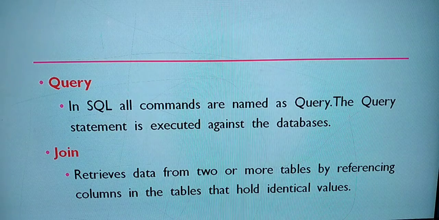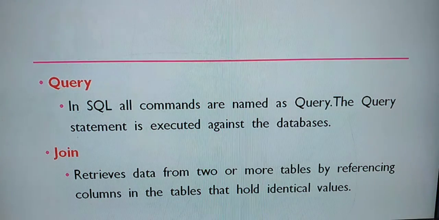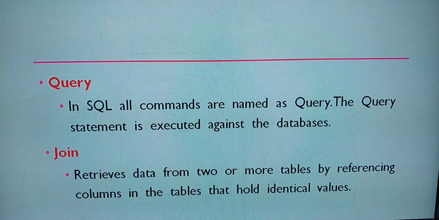ஏதாவது ஒரு field என்ன பண்ணியா இருக்கணும், கண்டிப்பா ஒன்று போல இருக்கணும்ல. In that situation only you people can have the join. You people can use this join command. Okay, so what it is going to do? It is going to retrieve data from two or more tables by referencing columns in the table that hold identical value. It is going to refer two or more tables that hold identical value. எல்லாரும் வேல்யூ ஒன்று போல இருந்தால் தான் நீ என்ன பண்ணிக்கலாம், அதிலிருந்து இன்ஃபர்மேஷனை கெட் பண்ணிக்கலாம். So that is with your join.